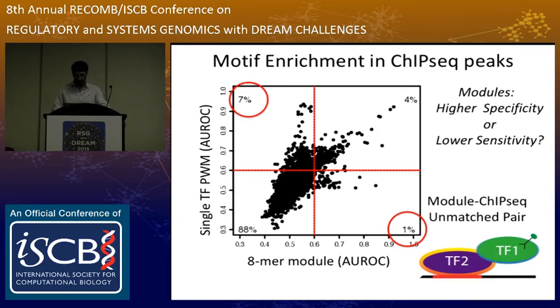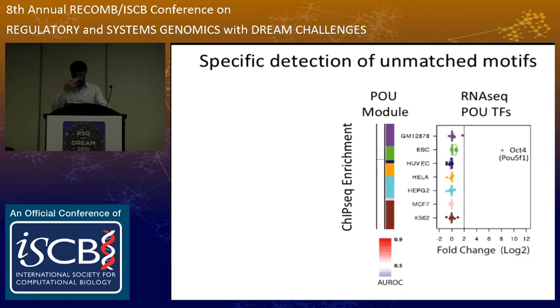So we tried to look more inside the data, and here is an example, in the case of the POU module. Here are all the ChIP-seq module pair enrichments, ordered according to cell lines. And what you see is that the three enrichments predicted are all present in embryonic stem cells, and this is quite well pinpointed by the fact that the only POU factor that is upregulated in this cell line is